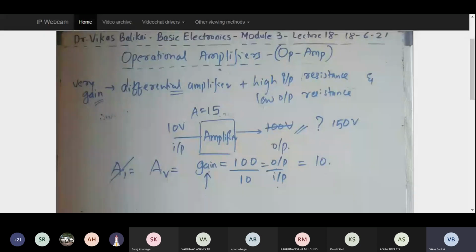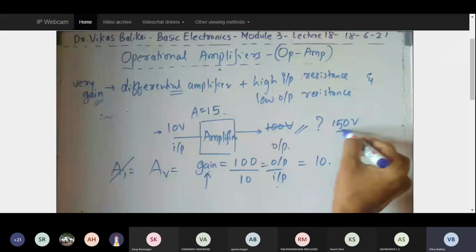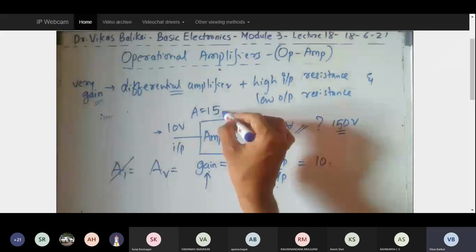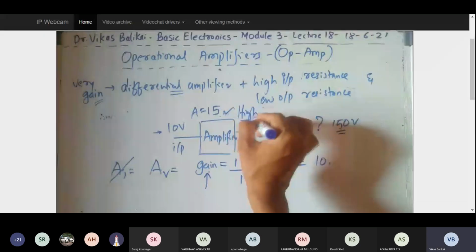So altogether, if I want to summarize the concept about amplification, an amplifier has an input voltage, and how many fold I need the output to be is decided by this gain. Now when it comes to the operational amplifier, or unlike any other amplifier, for any amplifier, the gain should be very very very high, so that my resulting value should be very very high.